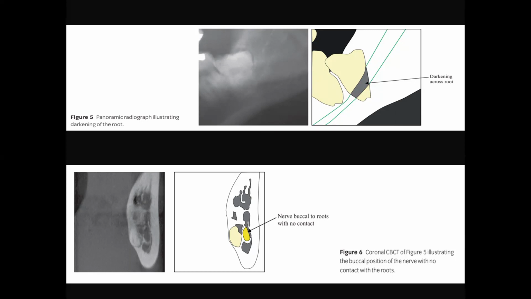Now, how can we judge from the 2D radiograph whether it is present buccally or lingually? It is not necessarily that you will always be able to see it, but always remember the structure which is more nicely seen would be present on the lingual side. If you could see the root structures nicely, then it is present on the lingual side. If you see the nerve nicely, it would be present on the lingual side. So it depends upon that. As I told you, it also depends upon what processing of the image has been done before giving it to you.